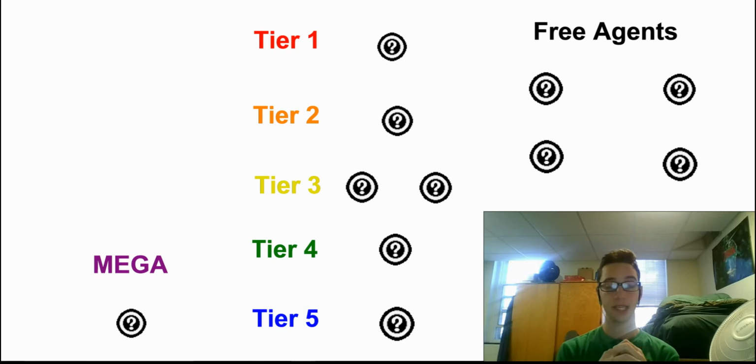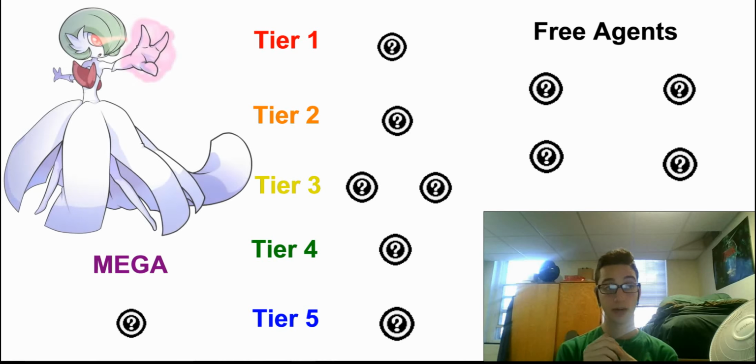Every team is guaranteed one tier 1, one tier 2, two tier 3s, a tier 4 and a tier 5, one mega, and then you get 400 total points to spend on 4 free agents. Now, if you actually get a mega that's not in tier 1, you get extra points to spend on free agents. But most of the tier 1 megas are not worth giving up. So, without further ado, let's get into our draft for the Phoenix Sunkerns, and we're going to start off with